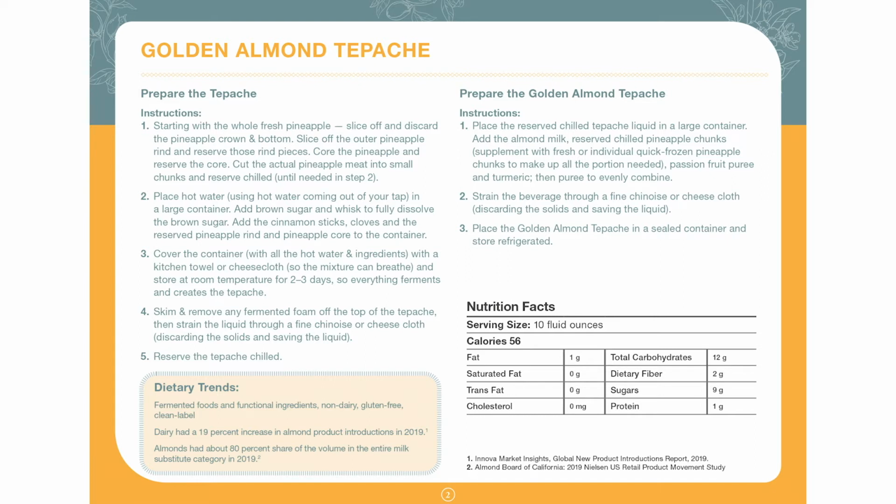This demonstrates the versatility of almond milk and extends the perception of Tepache into new flavor avenues, creating a cross-functional beverage or a better-for-me type offering. Overall, we're seeing functional beverages especially resonate with younger consumers. This delivers elevated convenience with premium, fresh, and healthful flavors, all showcasing an easy sipping, any time of day almond milk beverage. Finally, the beverage has a strong visual appeal with eye-catching, natural soft yellow color, which translates to influencing